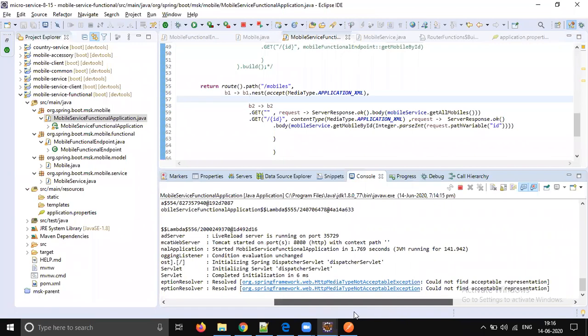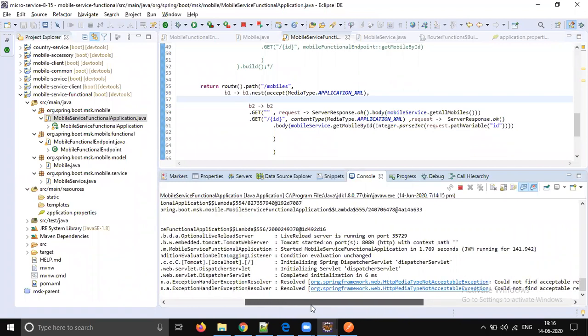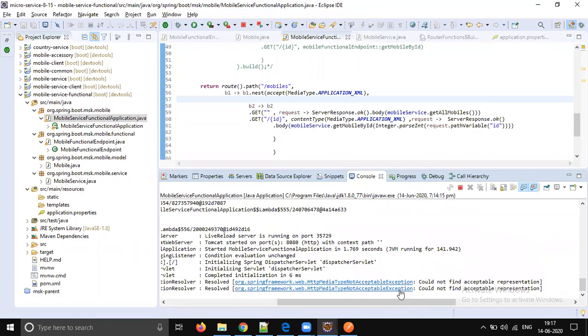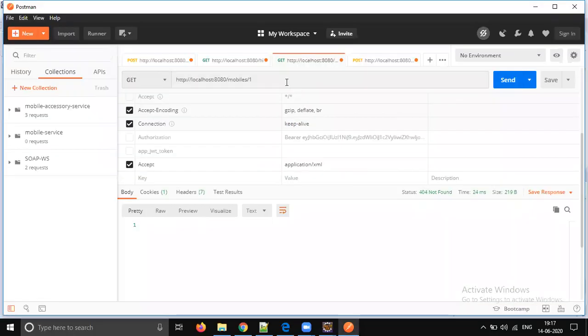HTTP media type not acceptable exception. Oh, I think we need to add some external converter, media converter. No, Sunil, if you do it only for one ID, it will work. I also tried, only one ID we are doing, mobile/1. Okay, okay.